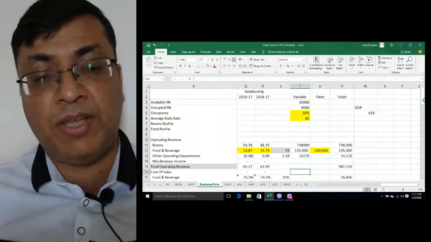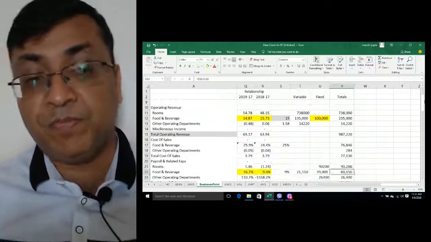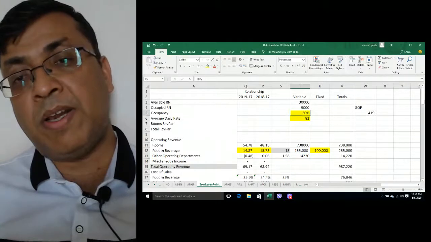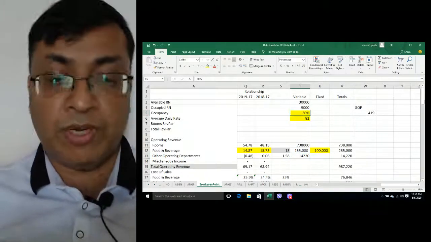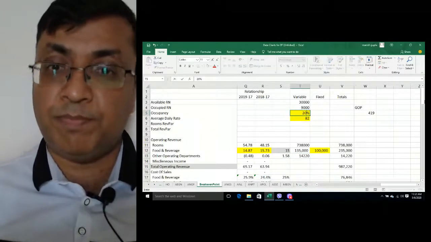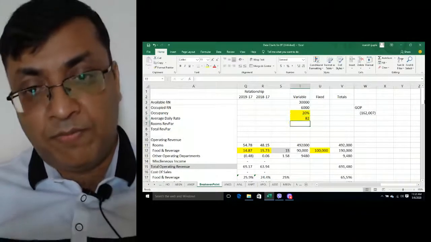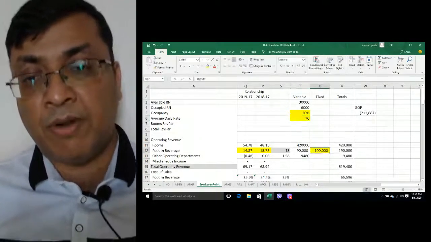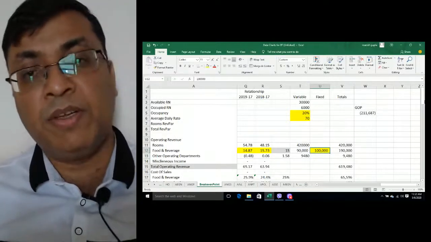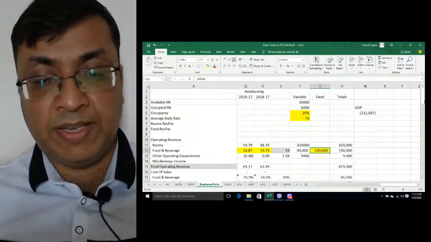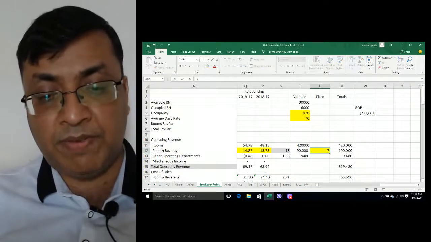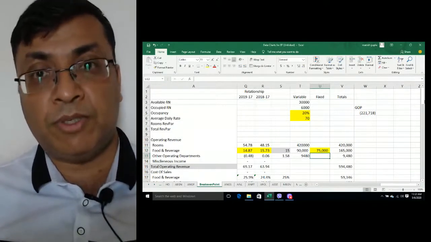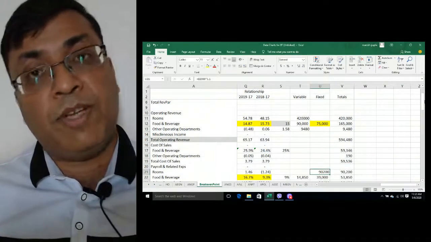Otherwise we have to think of another method. Let's say we are sure that in the current market conditions because of coronavirus, we don't think we can make more than 20% occupancy, the rate will be only $70, and the outside F&B business can only be $70,000 or $75,000. So now we are making a loss of $221,000. What else can we do?